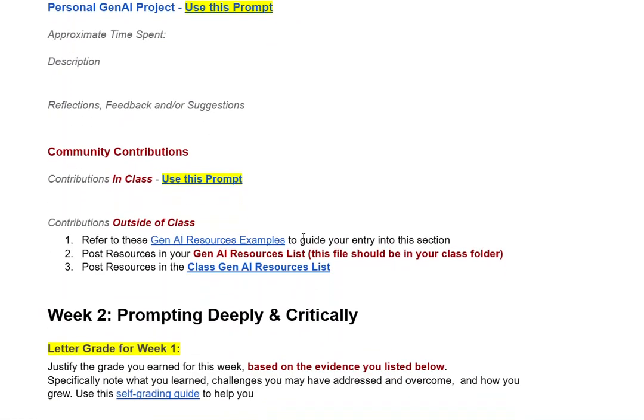And then there is a prompt for in-class contributions. And we will be doing this at the end of each class. So you'll grab the prompt and see what you contributed in class, and then you can copy and paste your contributions in this. And finally, your contributions outside class really consist of you finding Gen AI resources and contributing them